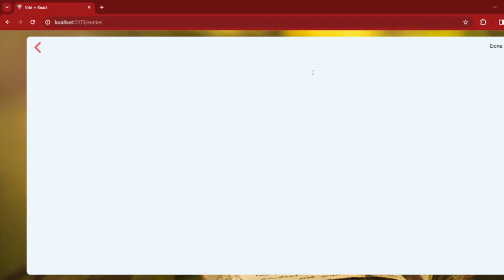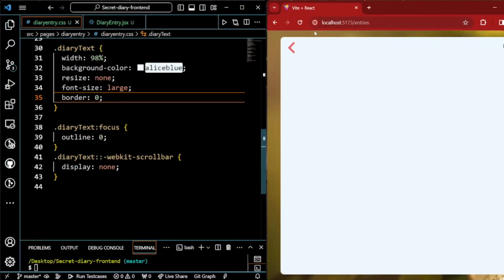Hope it is clear to you guys. So now you can write anything, so long doesn't matter. I think it will be more than enough. Okay, so later we'll connect this part by using the backend. When we connect the backend, we can go back here, go to the home page. Okay,